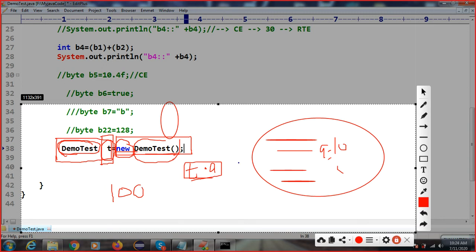The JVM creates a unique number for every object, that is called the hash code. So internally, this is how the object is created and stored inside the JVM. This is called a reference type variable.